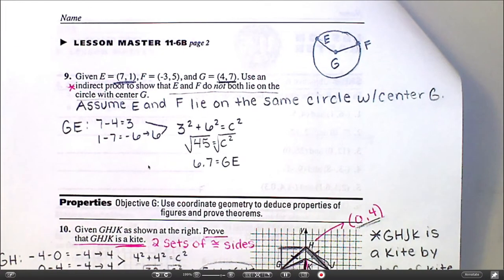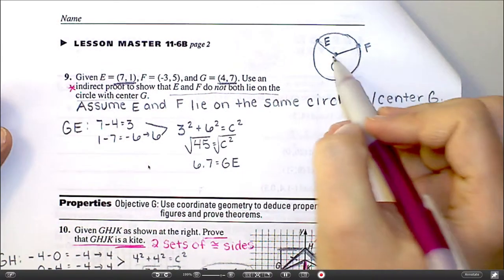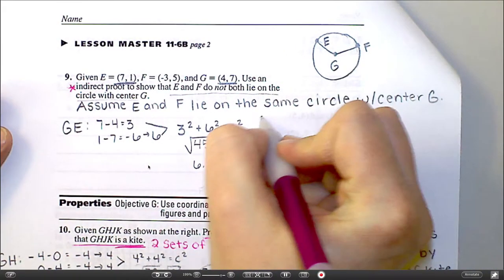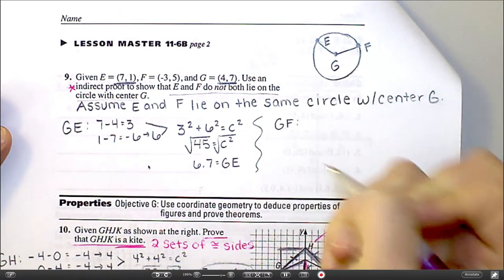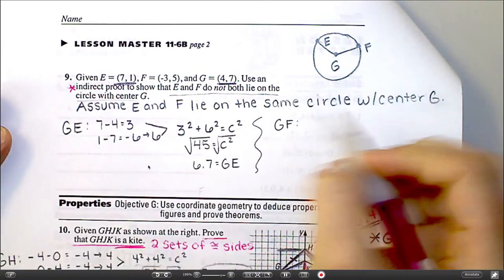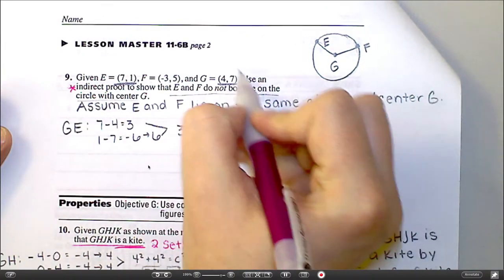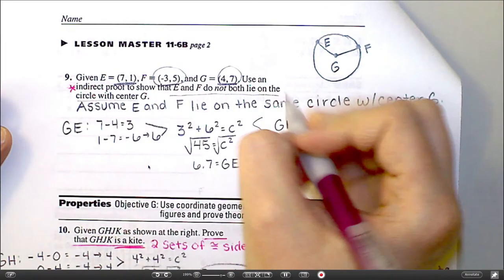Okay. Now let's find the length from G to F. From G to F, that would be, well, here's my G, here's my F. So I would do 7